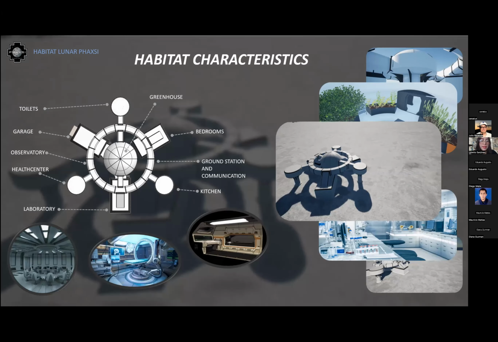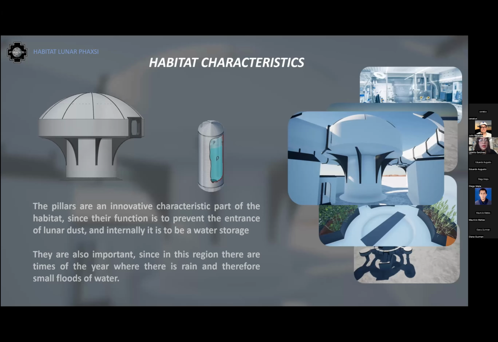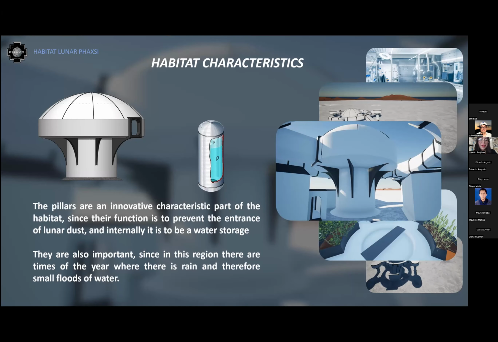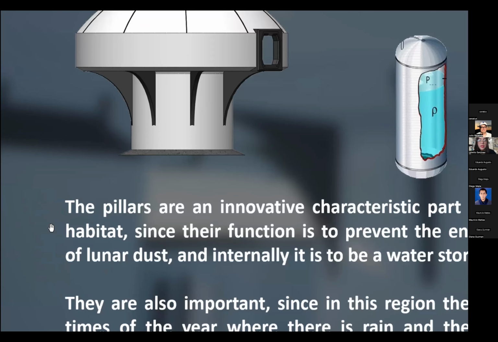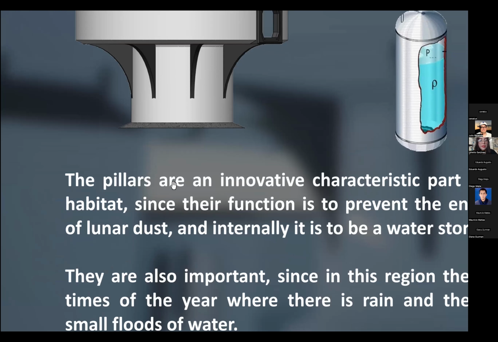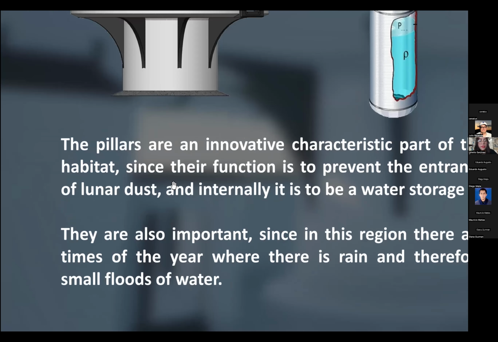The structure and internal details of the lunar habitat are divided into the following sections: greenhouse, toilets, garage or observatory, health center, laboratory, ground station and communication, kitchen, bedrooms. An innovative feature are the pillars, which are designed this way with the objective of preventing